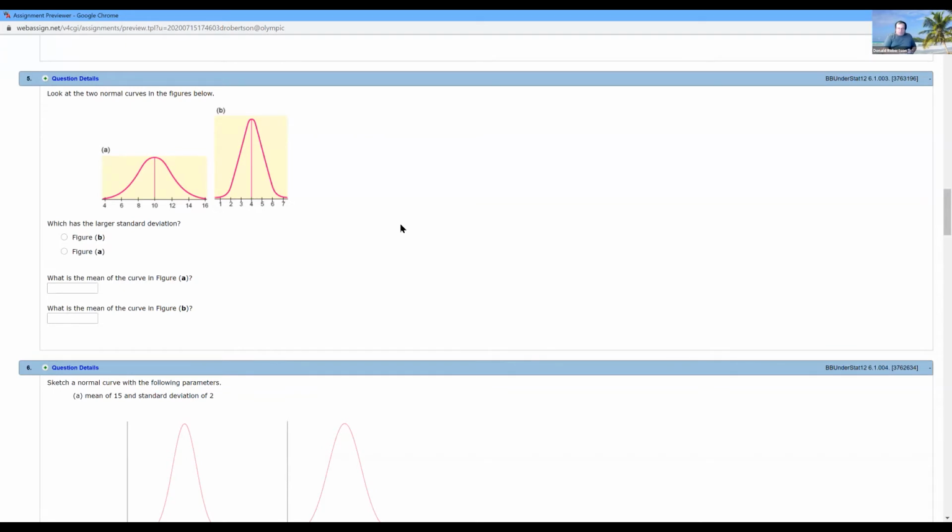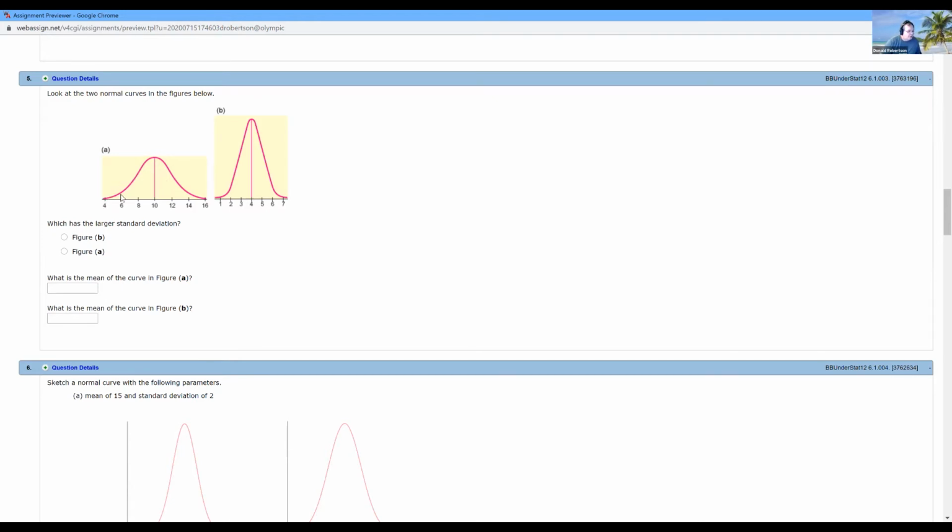normal distributions. Which one of them has got the biggest standard deviation? I talked about that at the start. Figure A. Easy to tell? Right. Aren't you fatter, but not as tall? Fatter means a big standard deviation. What I didn't mention, but it's pretty easy to tell, is that the area of this shape has to be the same size as the area of this shape. And the area of this shape is 1 whole unit, which becomes 100%.